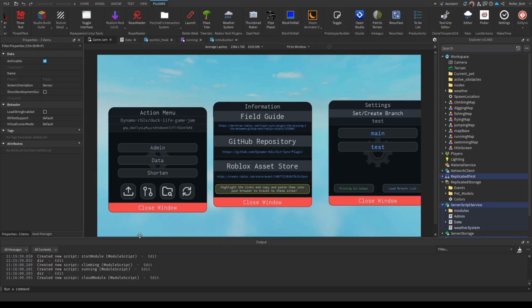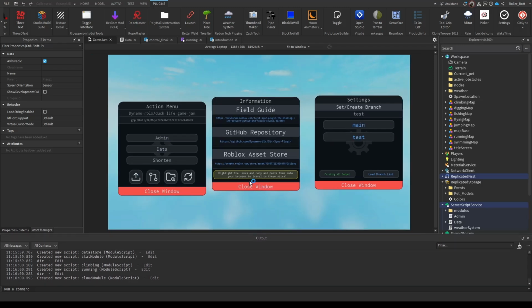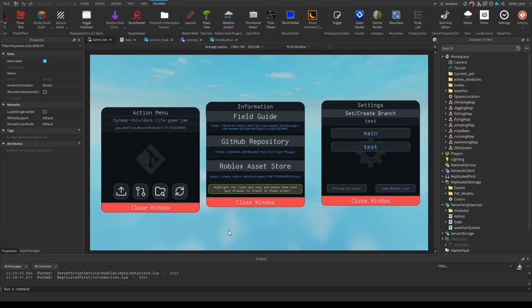Push. Confirm. And look, you can see one at a time each script in the directories that are selected is getting pushed. And all of the scripts were pushed. And so if we go into the repository viewer, we could actually see all of this. We could see that they were pushed. Server script service, replicated first, starter GUI,